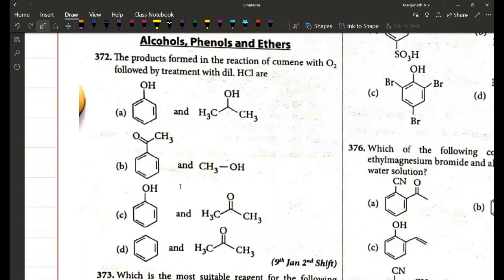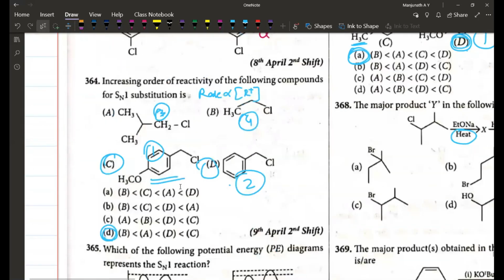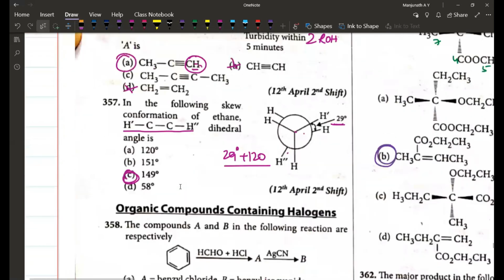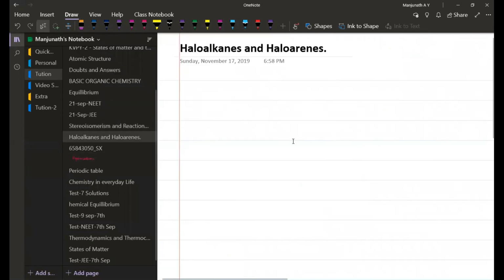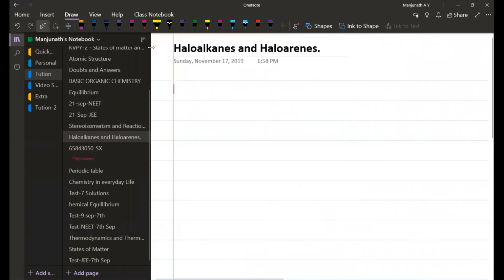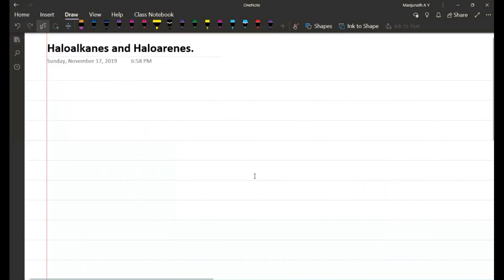Okay. So with this we conclude the question discussion, and we can put the heading of haloalkanes, haloarenes. So preparation techniques and other things we have to start. Now it's already 7:40. I will try to have 2 classes in a week. What do you say? Revision. Okay, sir. I will consult all students and all that. We'll see. Okay?